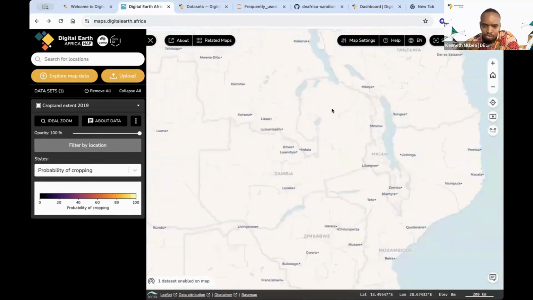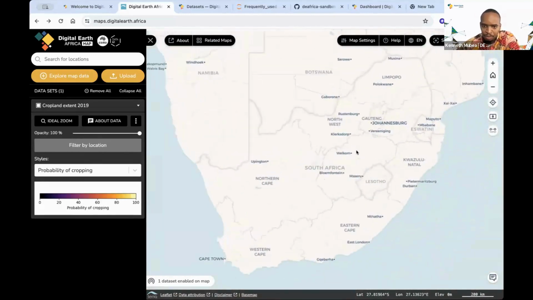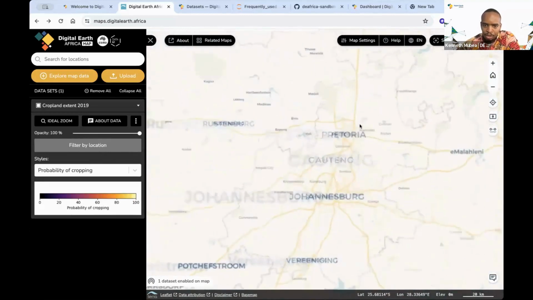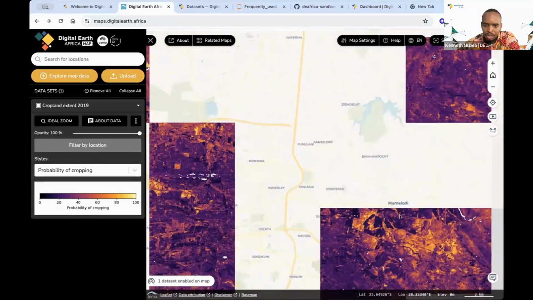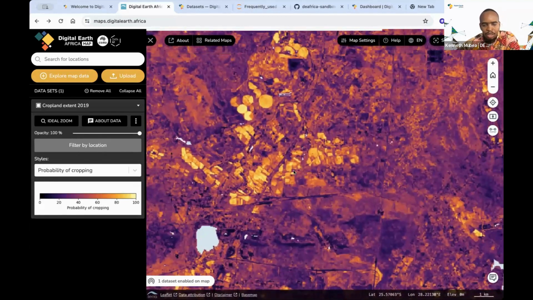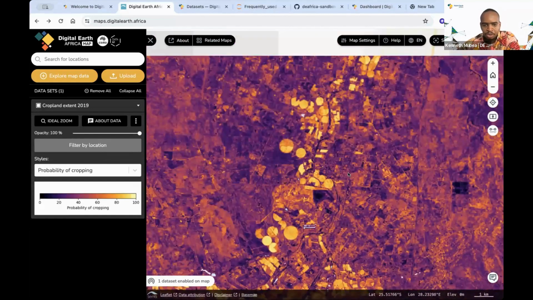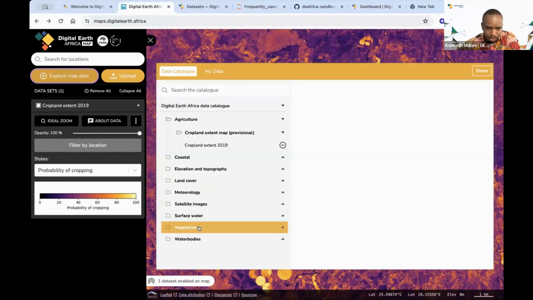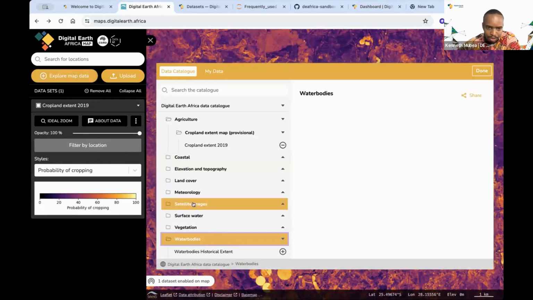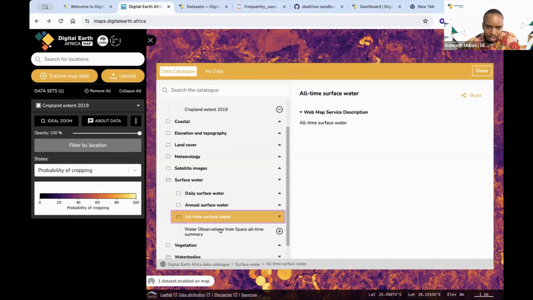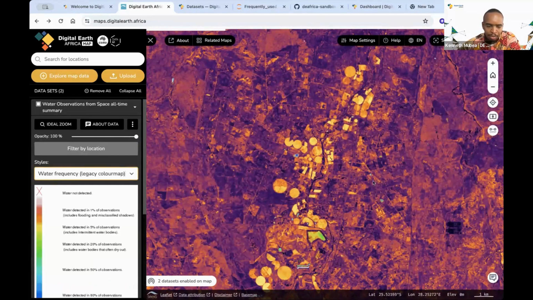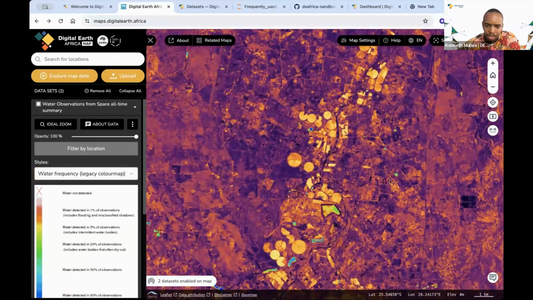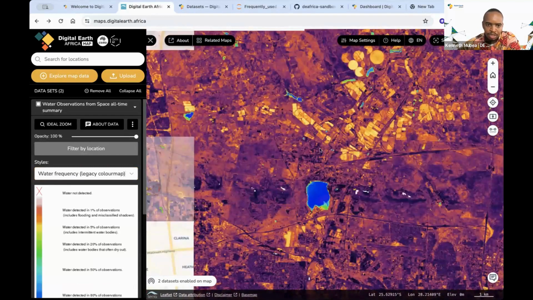And if we move to where my colleague is calling us from, Pretoria, we can see the situation where we even have areas of irrigation, especially in some of the regions here. We normally use crop circles for irrigation because rain is not very guaranteed. And the other part, you can also add the water bodies. You can also add the surface water, which can give us an idea of what is happening in the background and what has happened over time. So you can see some of the areas are really water scarce over time.